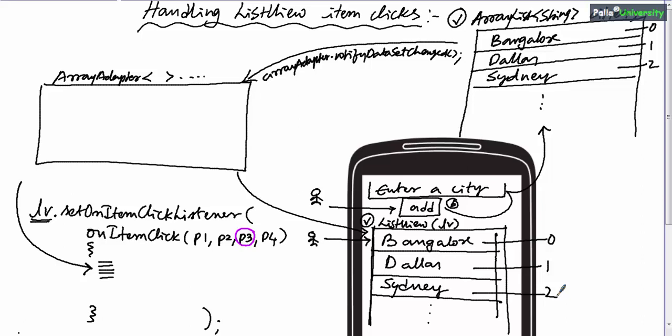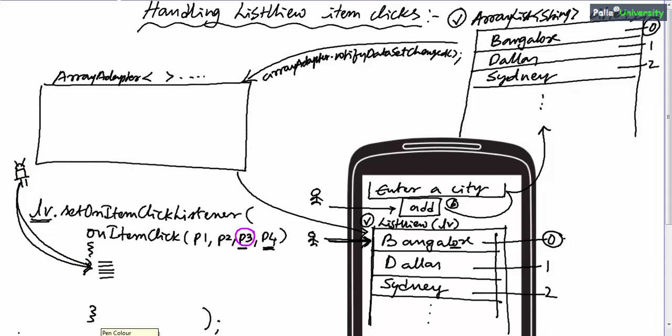Now let us say the user has clicked Bangalore. What is the position of Bangalore? Bangalore's position is 0 in the source and 0 in the destination. So whenever the user clicks on any element of the list view, the Android operating system will automatically call this method with appropriate parameter values.